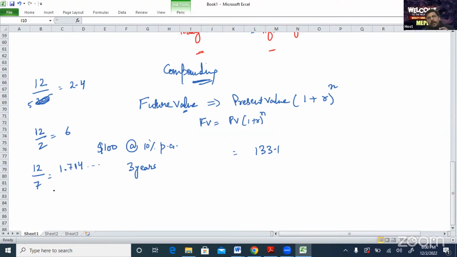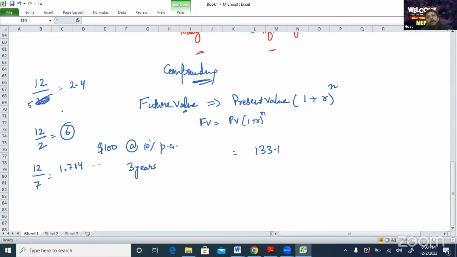So the decimal setting that we did, what command have I given to the calculator? I told the calculator that if an absolute number is coming, the final answer should be presented in absolute number. It means no decimals. If it is up to 1 decimal, it should show up to 1 decimal. It should not be like this 2.4000.